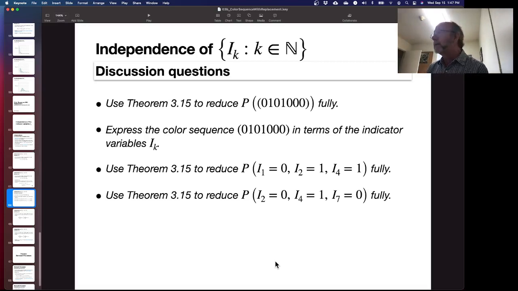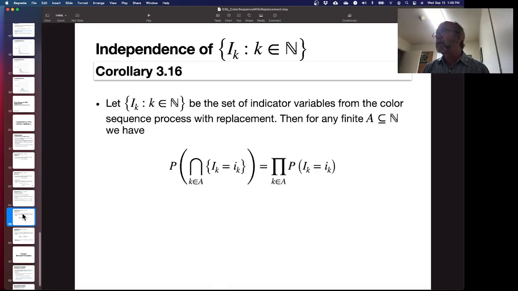Second thing is just to re-express that sequence in terms of indicator variables. And then the third bullet point is to look at this in terms of indicator variables. In other words, use that theorem to reduce this guy fully. And number 4 is a similar kind of thing. And if you do those exercises, you won't be surprised to see our theorem 3.16, or I should say corollary